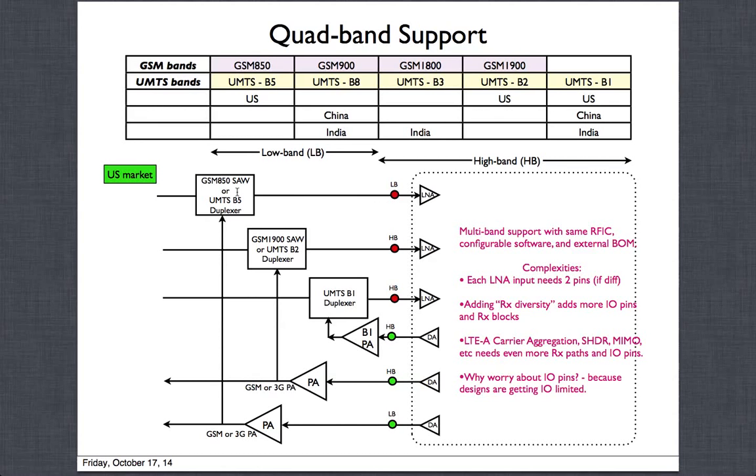Also in terms of money, these markets are not the high cost markets, they're the low cost markets. So there is a lot of room for innovation to make SAW-less transceivers. Duplexers you can't avoid. If your path is doing a UMTS type standard, where TX and RX are on at the same time, you just need the duplexer. You cannot get rid of it, at least not now that I know of.